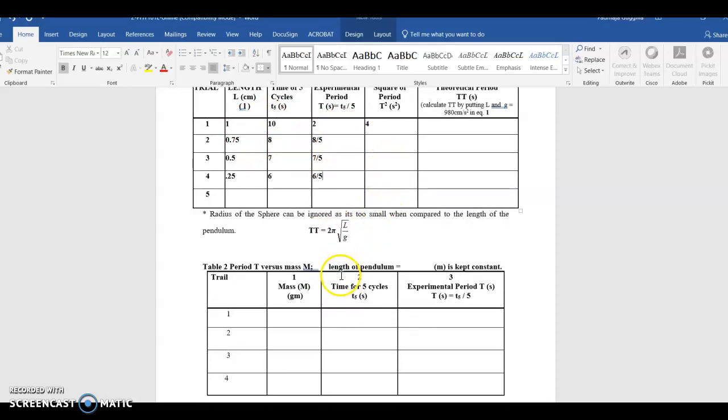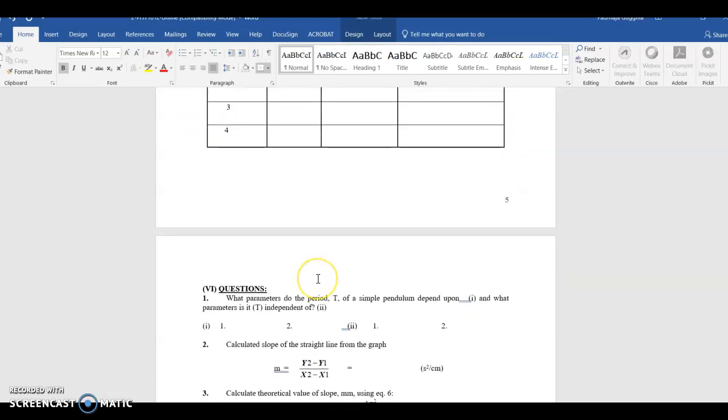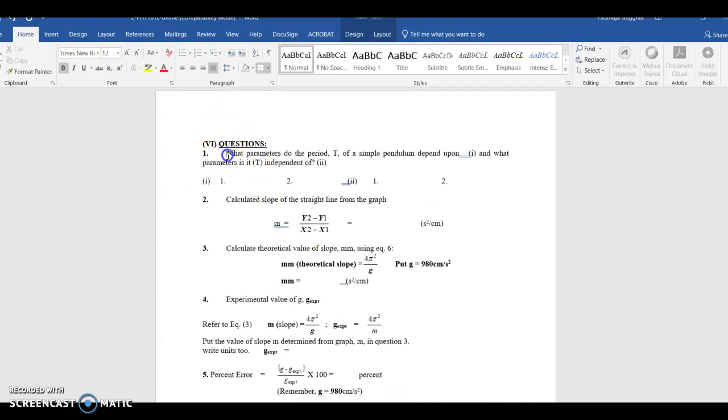Okay, so now I'm going to use all these data values in these questions right here. So my first question would be based on the answers we get right here on table 1, which is what the time period would depend on. So we did the measurements of changing the length, changing, let's say, the G value, changing the mass value, changing the angle at which we make it bounce. So based on those, we are going to find out whether it is dependent or independent. So based on the observations you get from table 1, you would be answering this question whether,